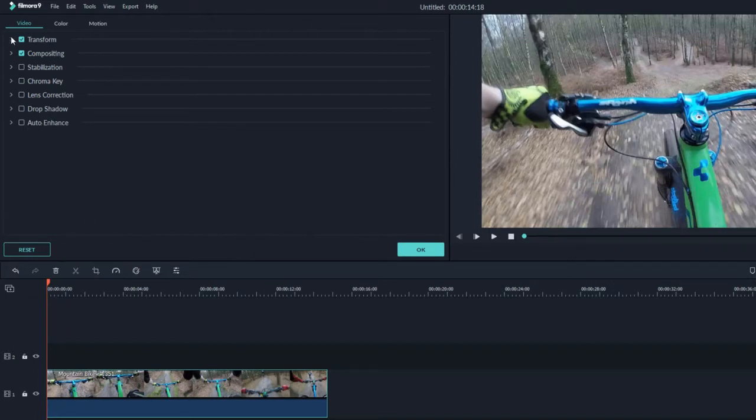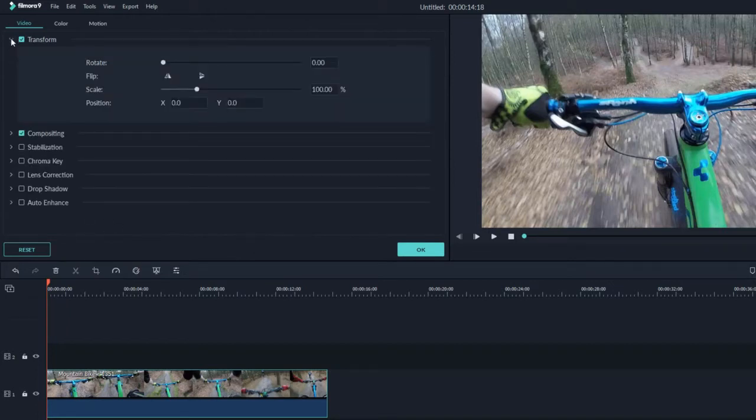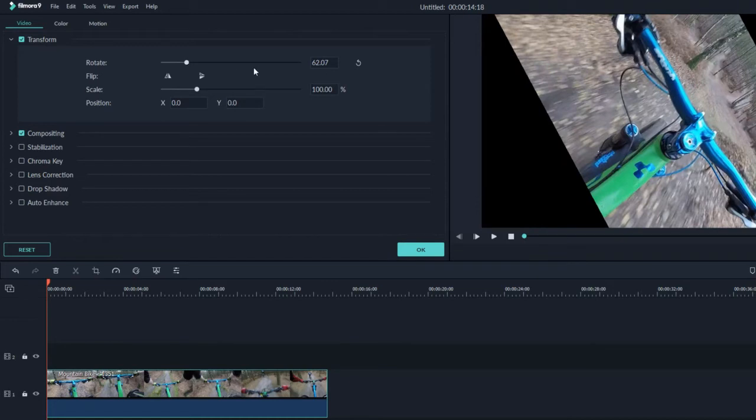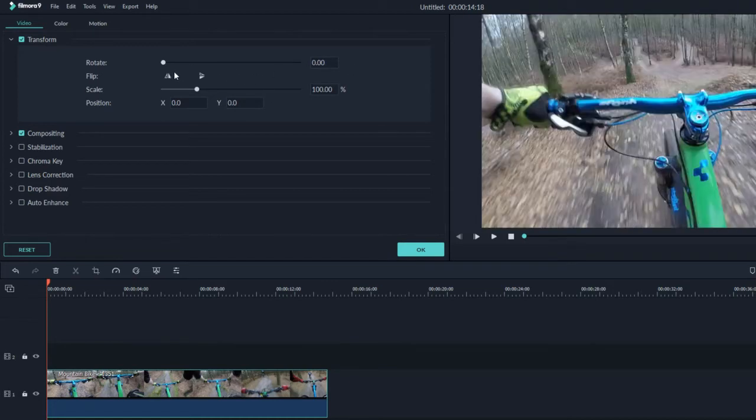And here I can just simply open this transform option and let's see all these options. I can either rotate the video clip here, or else if I have changed it and I want to reset it, I can just simply click on this option. I can flip the video in reverse, so you can see that the angle is being changed. I can also flip it top and bottom,